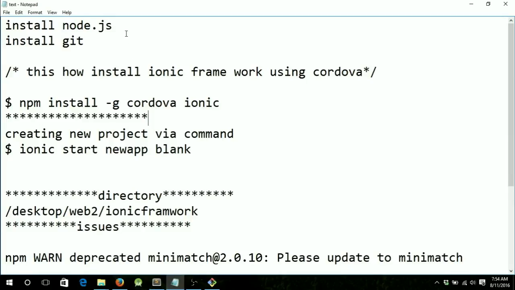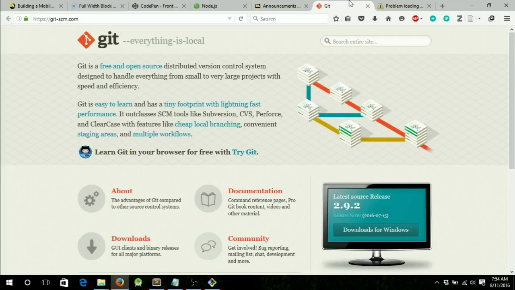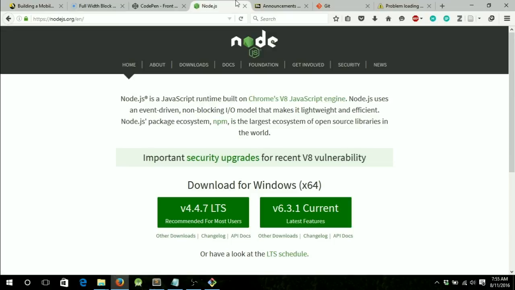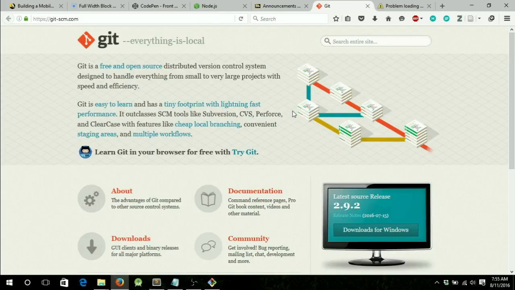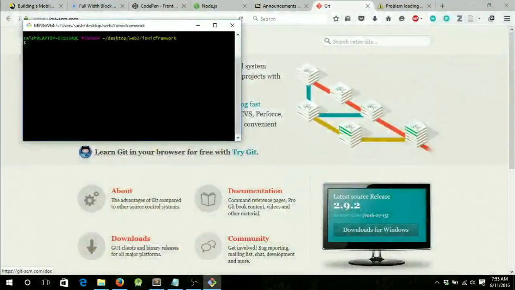Before installing the Ionic framework, we have to install Node.js and Git, for the Git console, Git Bash. You can download Git from the official Git website and Node from the Node.js website. Since in previous projects I have already installed Node.js and Git, after installing Git you'll get this Bash file. So in the Bash file, right now